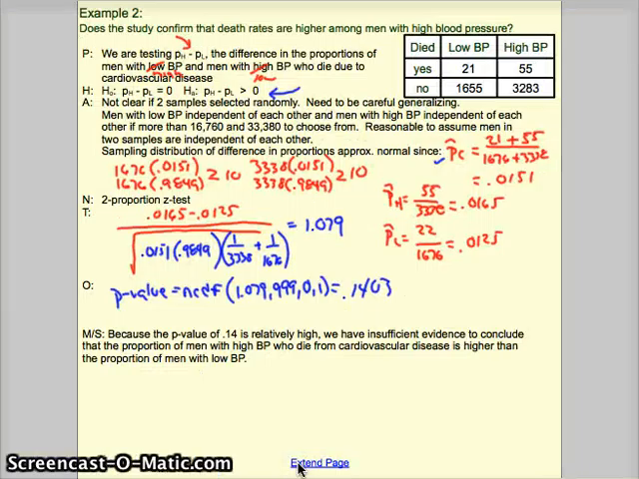And because the p-value of 0.14 is high, we have insufficient evidence to conclude that the proportion of men with high blood pressure who die from cardiovascular disease is higher than the proportion of men with low blood pressure. So when you get to the conclusion, you have to keep track of the order in which you subtracted and keep track of how you set your alternative up, and then always close by discussing your alternative hypothesis after looking at the p-value. There's a bit more to this example, maybe 5 minutes at the most,